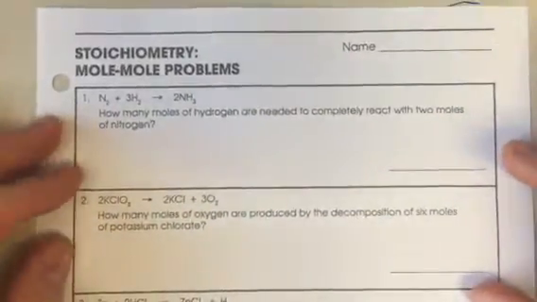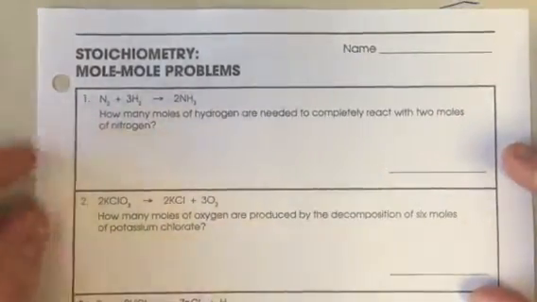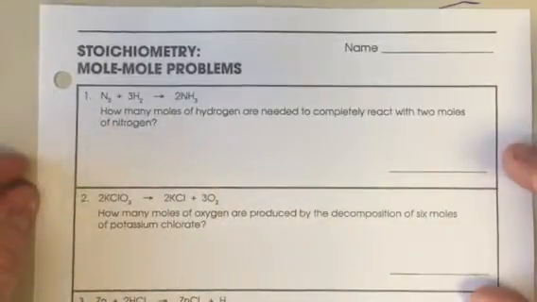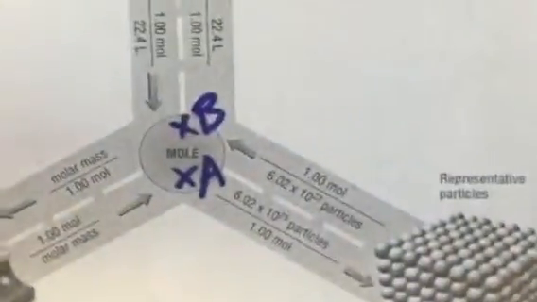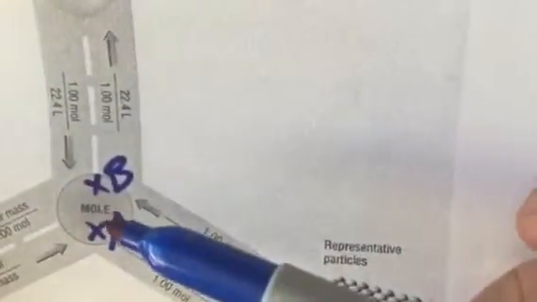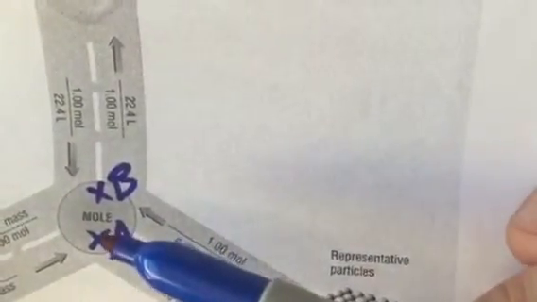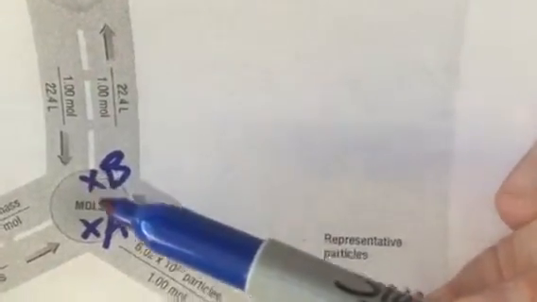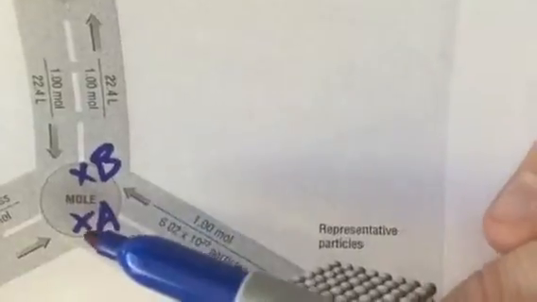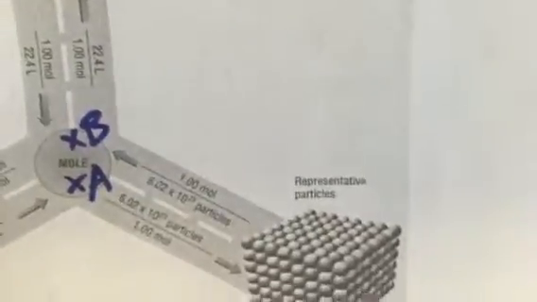This is mole-to-mole problems. I'm going to do the first problem up here. I'm just going to do my work right on the worksheet. So here's how you do a mole-to-mole problem. Again, you can only do this when you are already in moles of a substance. You can hop from one to another, and that's called the mole ratio step. So this box just says mole, but it's called the mole ratio step, hopping from one compound to another using